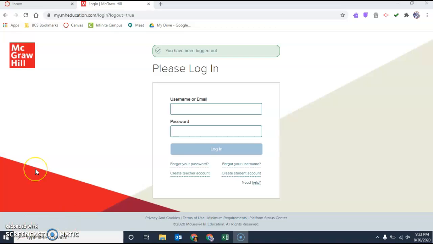All right, so today we're going to look at logging into your book account. This is where a lot of assignments or information for assignments can be found. First off, you need to go to